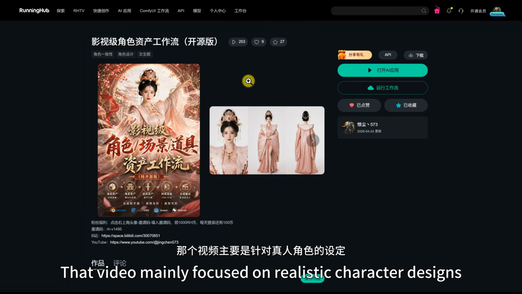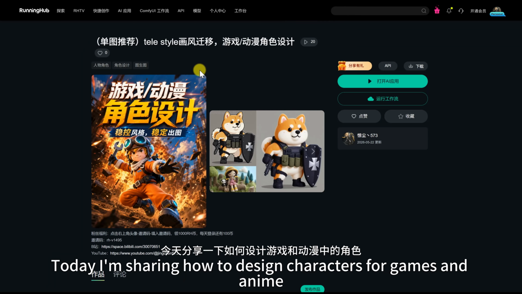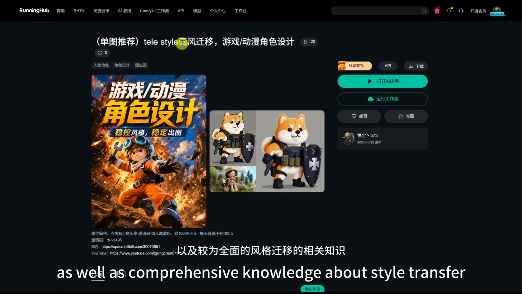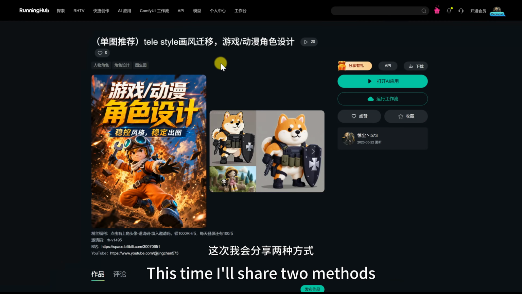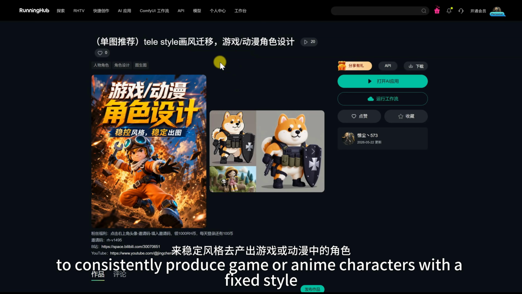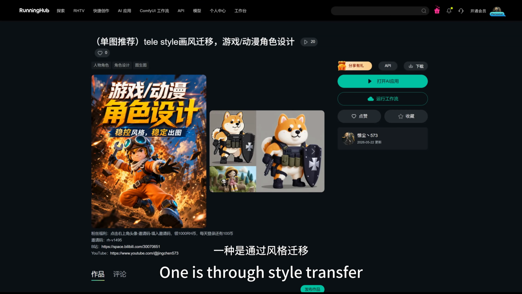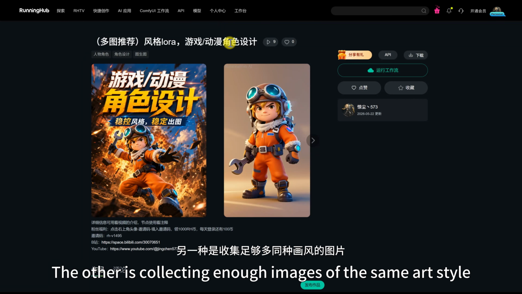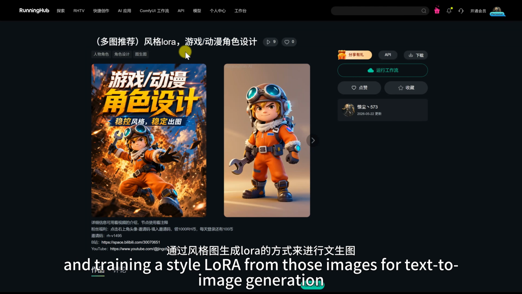That video mainly focused on realistic character designs. Today I'm sharing how to design characters for games and anime, as well as comprehensive knowledge about style transfer. This time, I'll share two methods to consistently produce game or anime characters with a fixed style. One is through style transfer, applying a specific style to a target image. The other is collecting enough images of the same art style and training a style LoRa from those images for